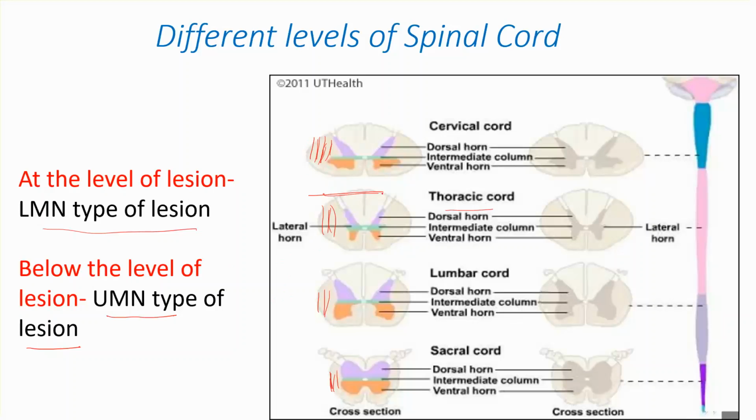Now if you have a lesion at the thoracic level, for example, at the level you will have a lower motor neuron type of lesion, whereas below the level the patient will show an upper motor neuron type of lesion, because the fibers going towards the lower limb have been affected. Okay,